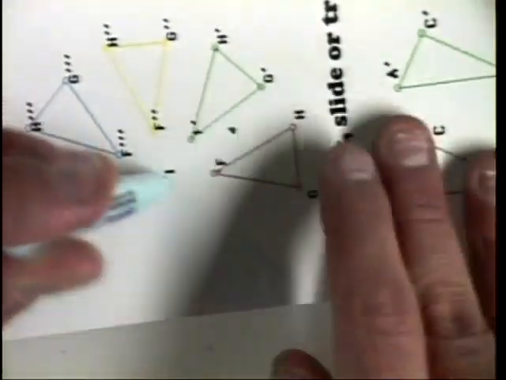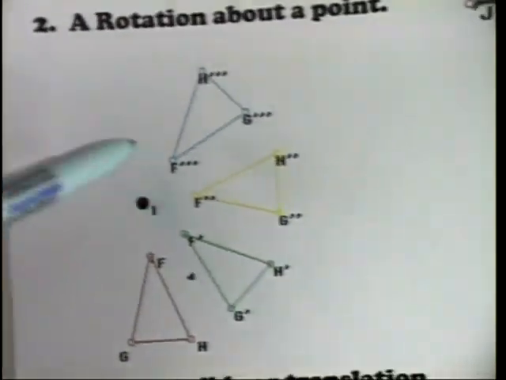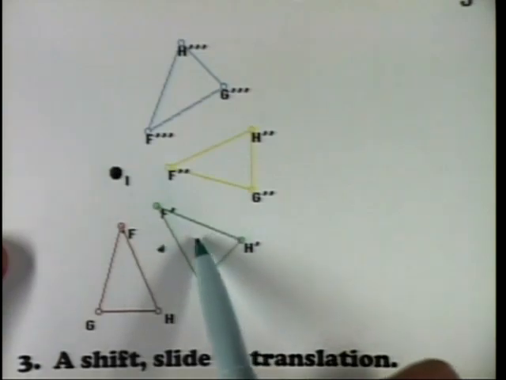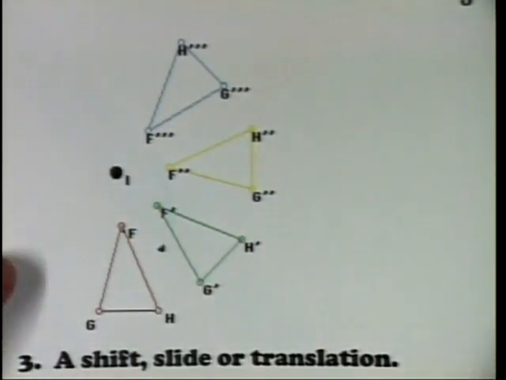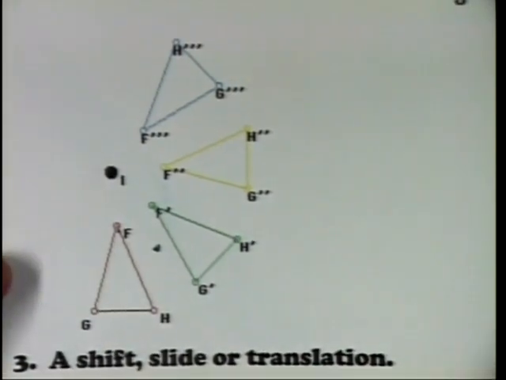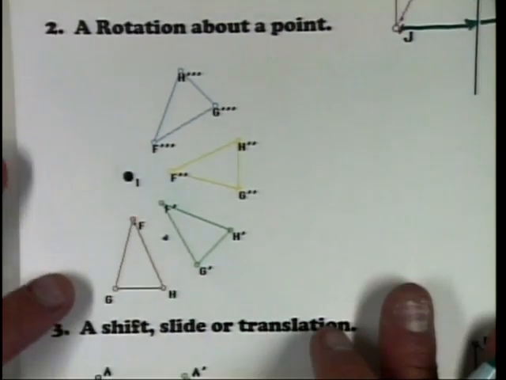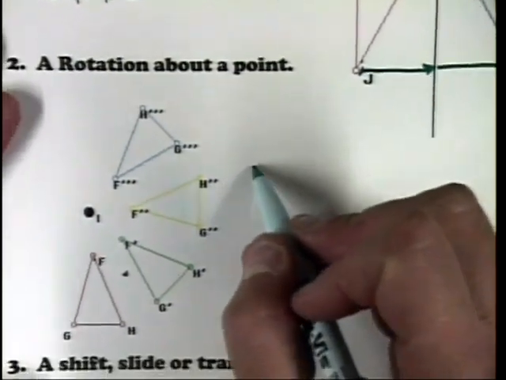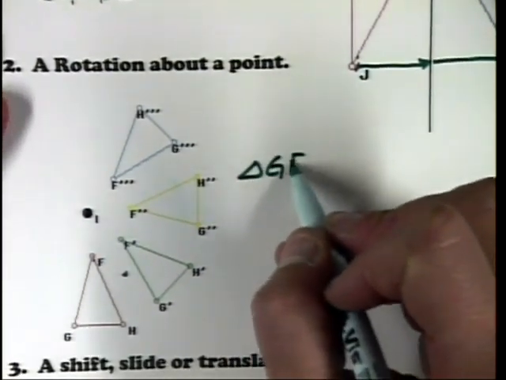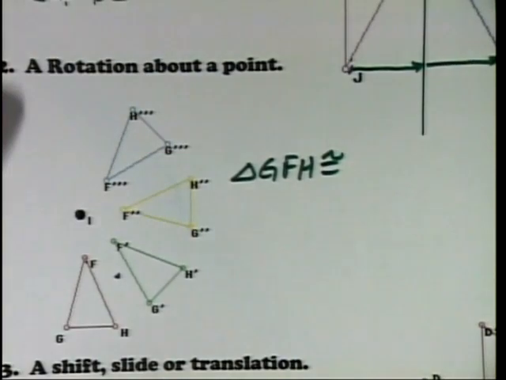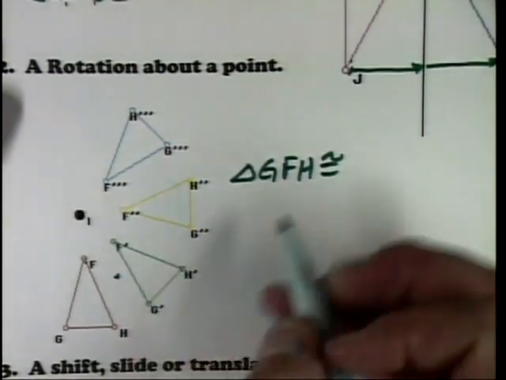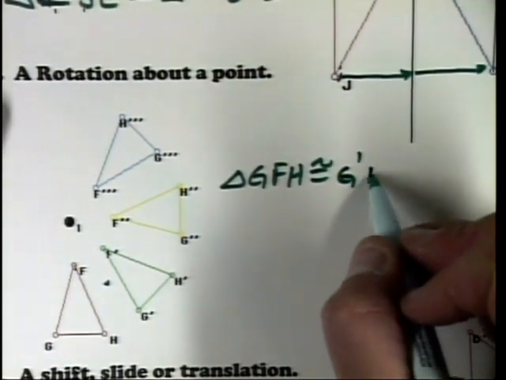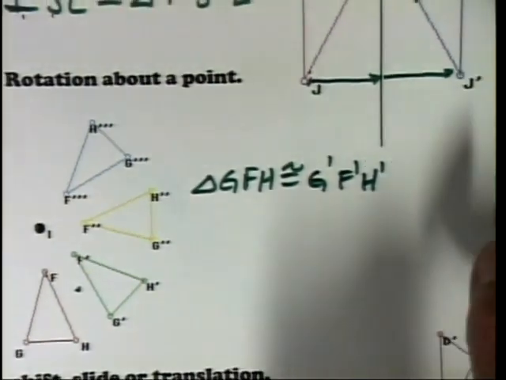Okay? And as we rotate it around, we can draw as many of them as we want. What I've shown here is 1, 2, 3 other possible triangles that we get by rotating it around. And all of these triangles are congruent to each other and to the original triangle. So we could say that triangle GFH is congruent to, and now we want to make sure that we name the congruent triangles in the same order. The first one would be G prime, F prime, H prime,